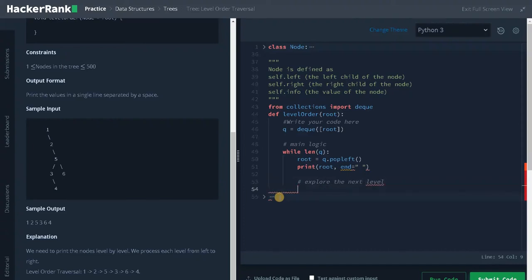To explore the next level, we will be checking the left and right of the root. If root dot left, q dot append root dot left. Now the same goes for root dot right. If root dot right, q dot append root dot right.